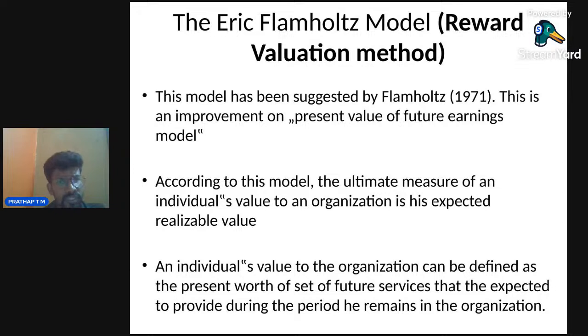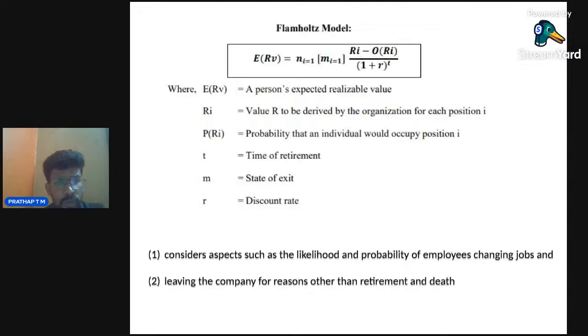But Flamholtz's model suggests that you have to determine the value of a single person, the individual, in an organization. That is the method we call Eric Flamholtz's method, also called the reward valuation method. The formula we use is E(RV), that is, the person's expected realizable value, is equal to